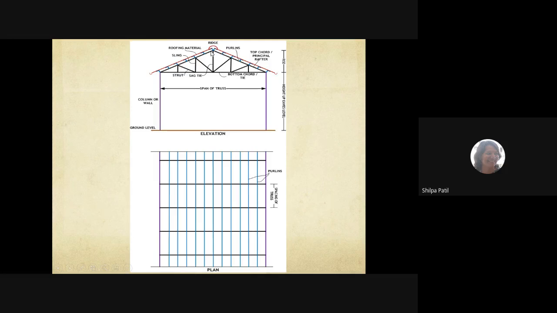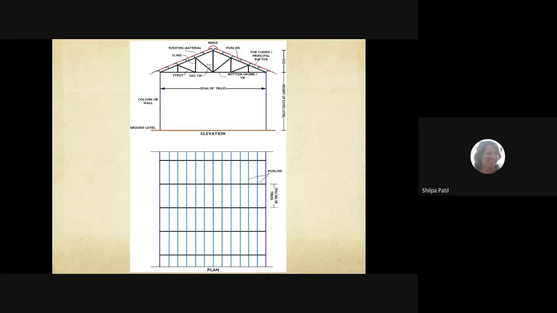Do you remember this? Yes, ma'am. So when analysis of a truss is carried out, you have shown the load acting at every joint of the truss. So we always calculate the load acting on a truss in the form of a point load. We never calculate it as a UDL, because the loads are supposed to act at the nodes only and not on the member. This is very important for trusses.